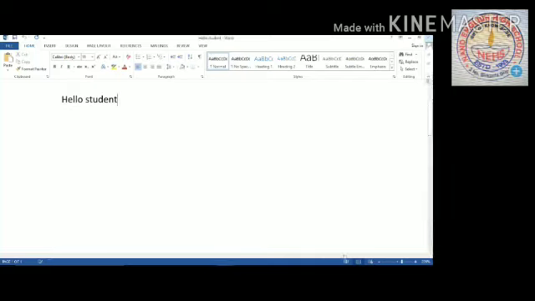Okay, children, you can adjust the size of the document.